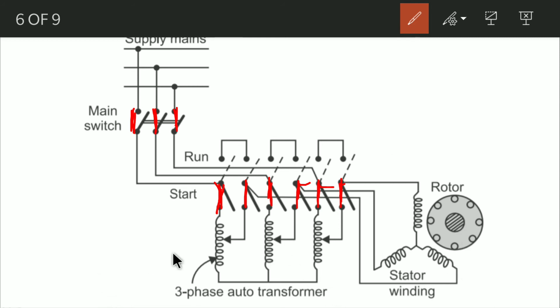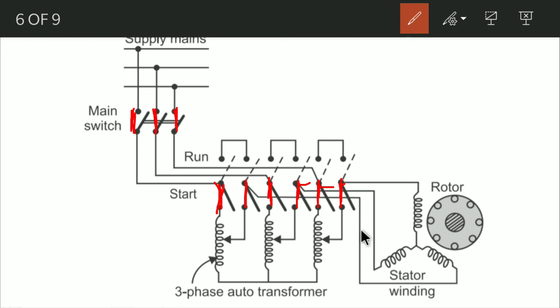each phase. Now the output of the transformer is connected to the stator winding of this phase through this line here, third phase through this line here. So we are taking a star connected motor here. So the current through the rotor winding is the secondary current of transformers, here, here and here, and the supply current is primary current of the transformer.